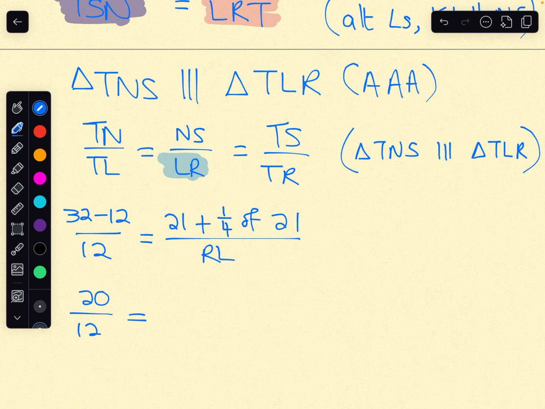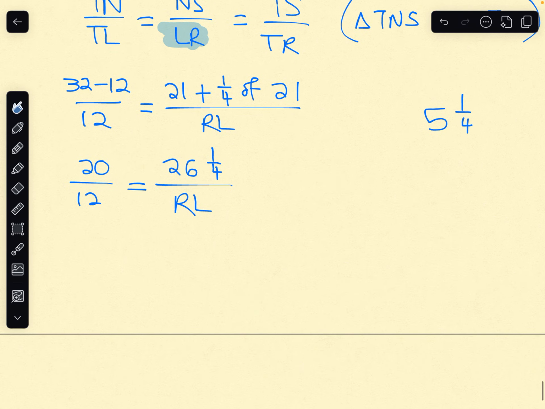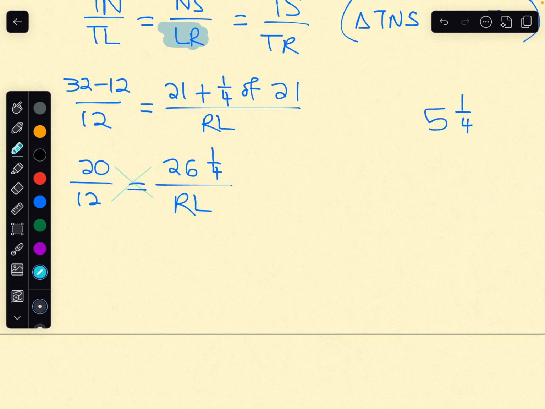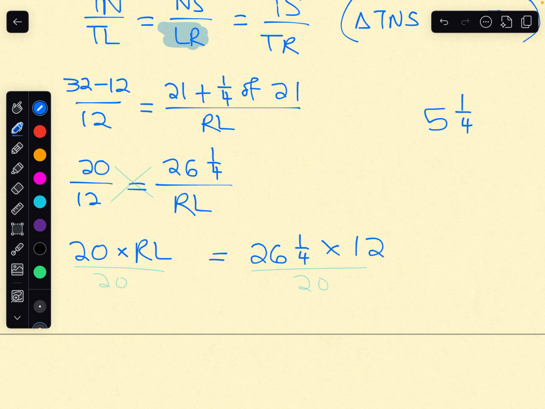What's a quarter of 21? 5 and a quarter. Yep. So that will be 26 and a quarter over RL. And we can do our nifty cross multiply trick. So that will be 20 RL is equal to 26 and a quarter times 12. And then we divide both sides by 20. Okay. So then RL will be equal to